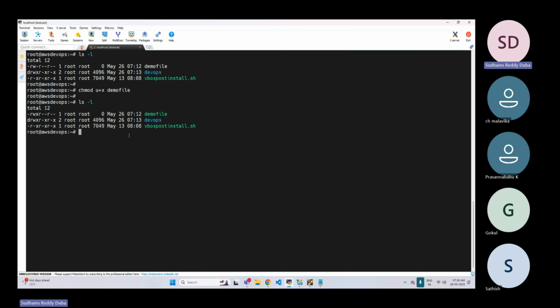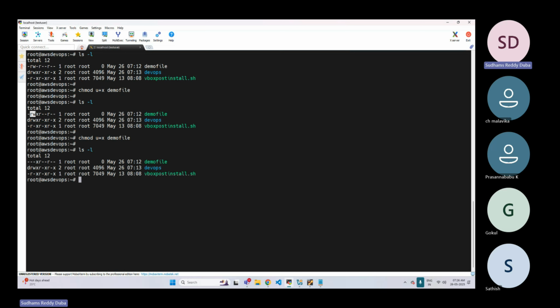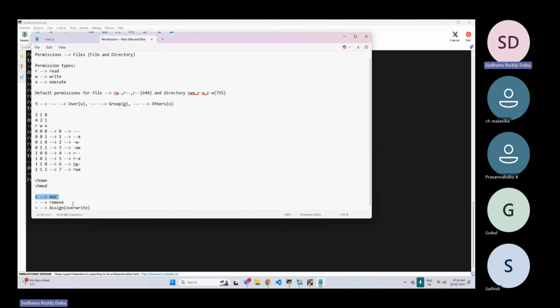Okay, what is meant by equal to? Let me try to show you that. If I give equal to in this scenario, what will happen? The concept, the question what was asked, and the thing what you have done will get differed. How come? Let us see. Now, if we check what happened, read and write permission has been removed. Additionally, only the execute permission was assigned. So this is called as override, which I've shown you.